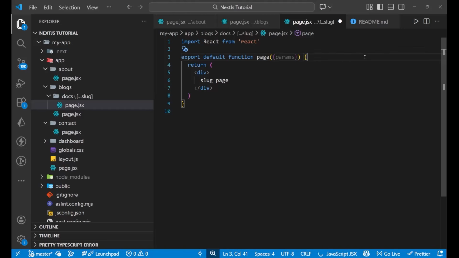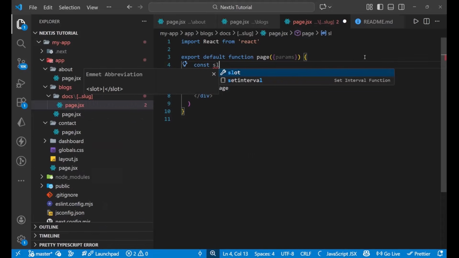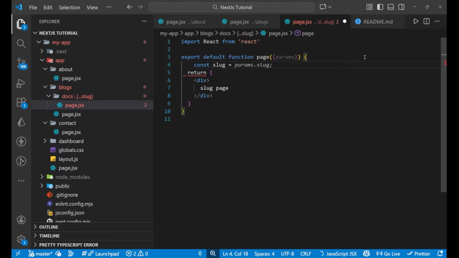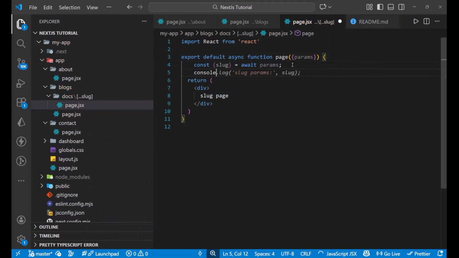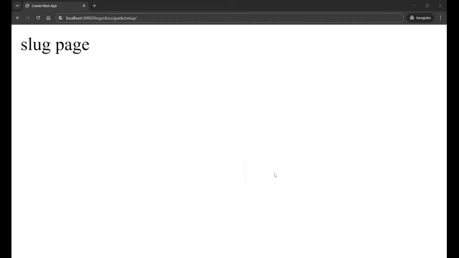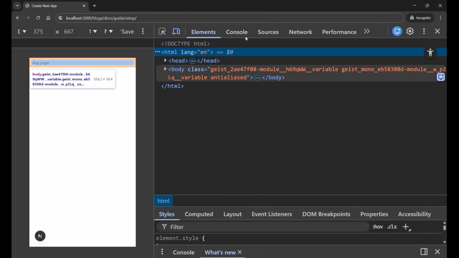After writing the params, what you need to do is write const slug equals, and this slug should be inside curly brackets because I'm going to get an object, right? Await params. Now after this I'll do console.log with slug params as slug. Now I'll save it, and when I come to this page, inspect it and go to the console,